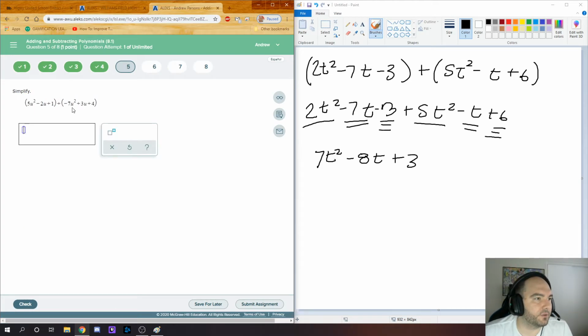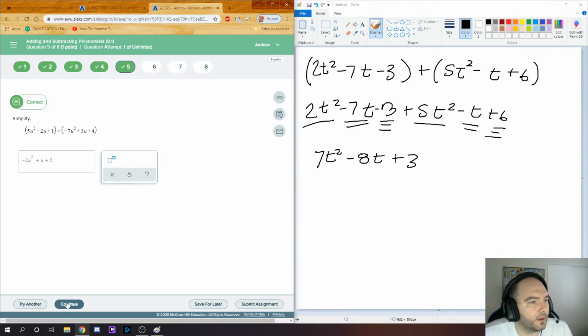So we have 5u squared minus 7u squared. So that's negative 2u squared. Then we have negative 2u and 3u, which makes plus 1u. Although you don't write plus 1u, you just write plus u. That would be the same effect. And then we have 1 plus 4, 5. Next,